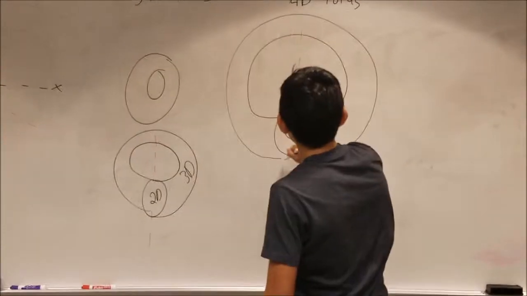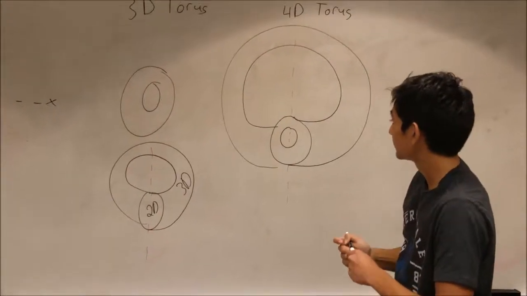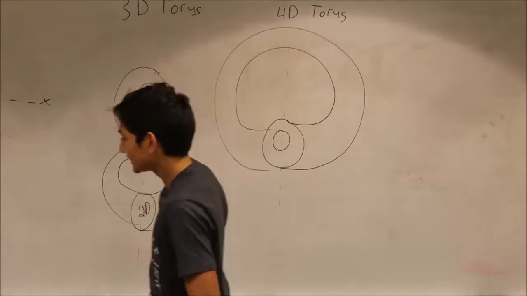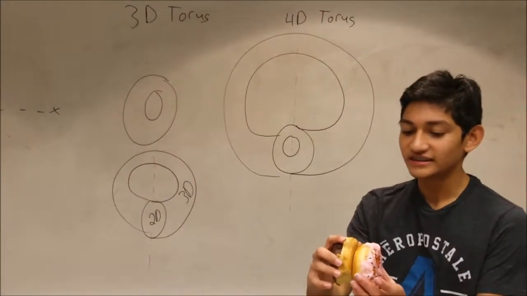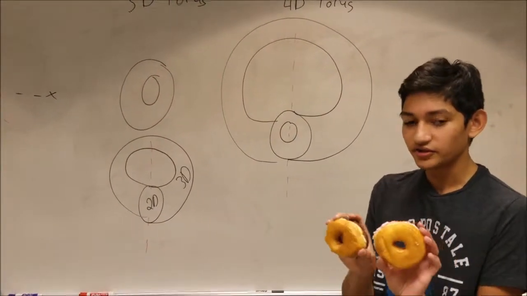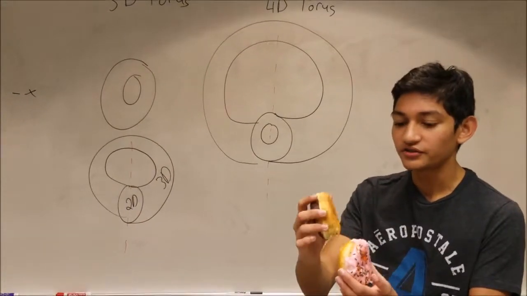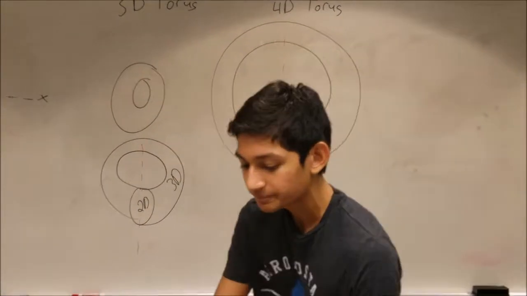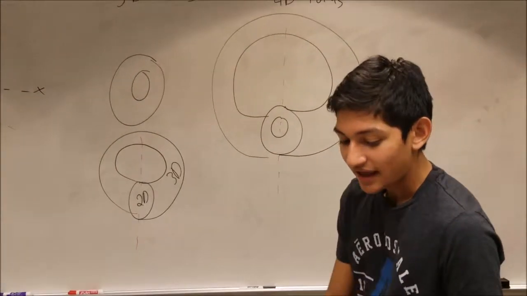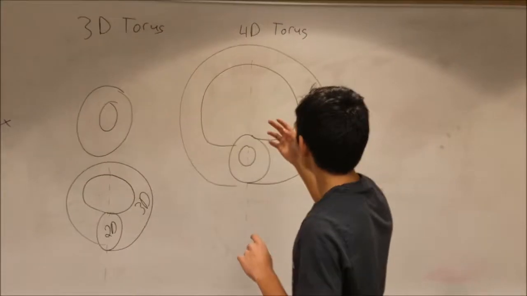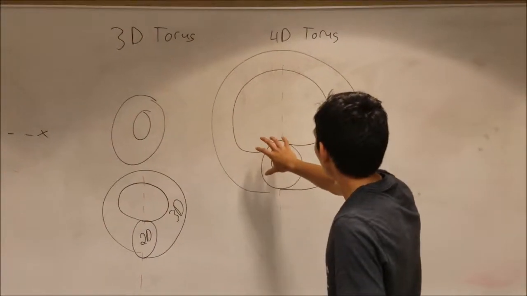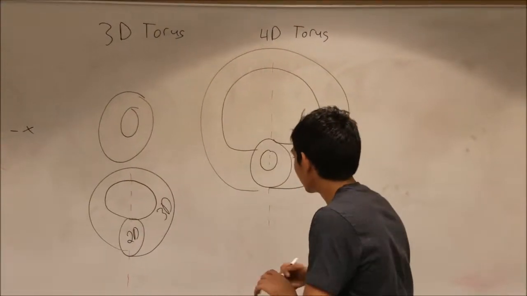Now this can't be done in 3 dimensions because there's just simply not enough space. It's as if I'm trying to put an infinite amount of toruses squished together and pulling them out into another torus. But that can't happen in 3 dimensions because they're simply overlapping. So in order to have enough space for both toruses, or tori, I need to go into the 4th dimension, and now I can create a 4D torus, which in this case, this type of 4D torus is called a